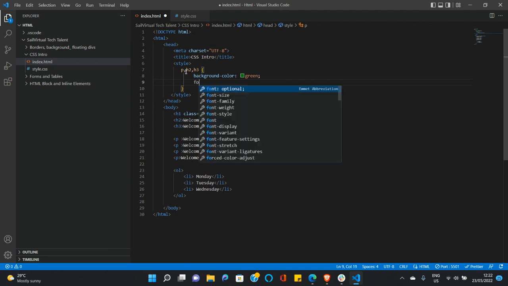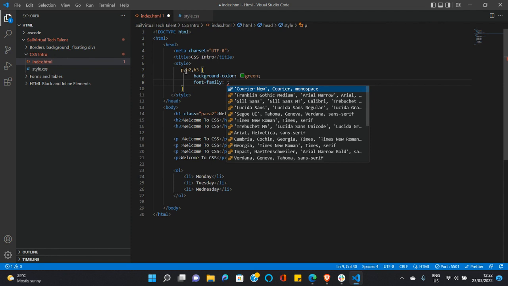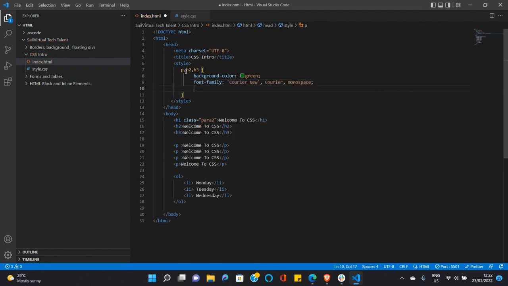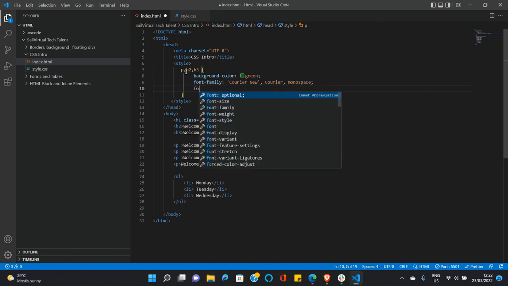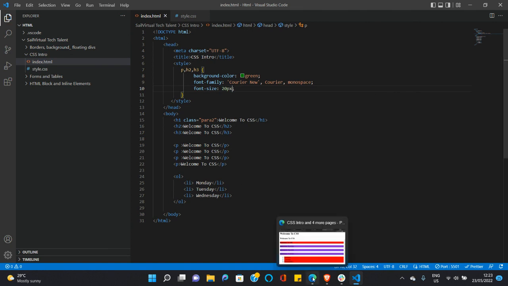So we change the font family of this to, yeah, let's use the first one. Then lastly we would have the font size. So all the paragraph tags with the heading 2 and heading 3 tag would have the same font size, 20 pixels. So if we save this, back to our browser,